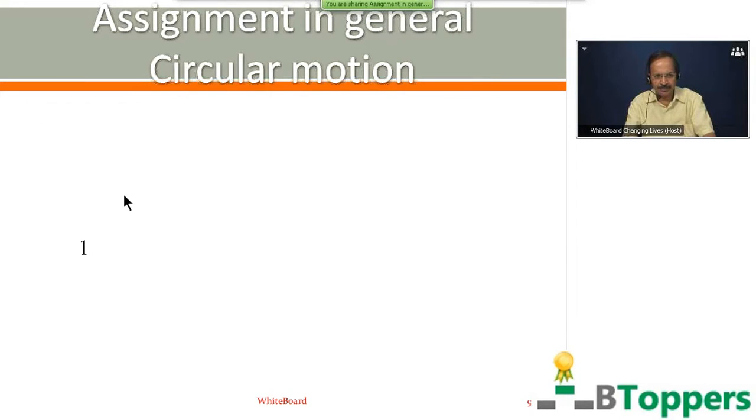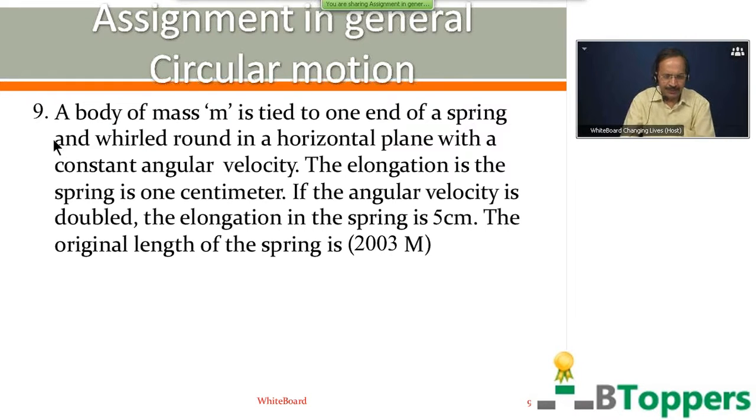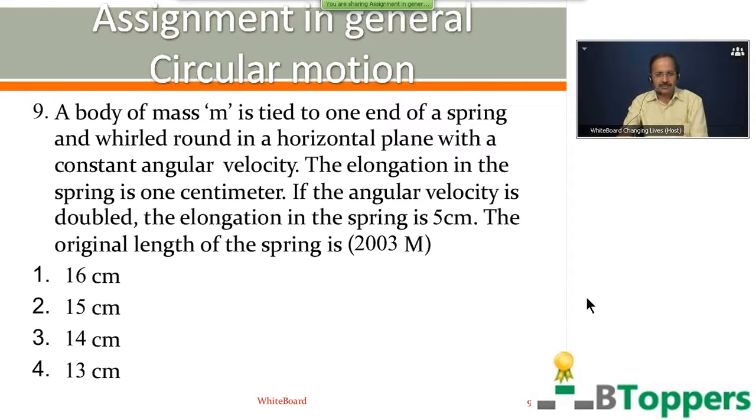I am going to show the next question on screen. See question number 9. A body of mass M is tied to one end of a spring and revolves in a horizontal plane with a constant angular velocity. The elongation in the spring is 1 centimeter. If the angular velocity is doubled, the elongation of the spring is 5 centimeter. The original length of the spring is,